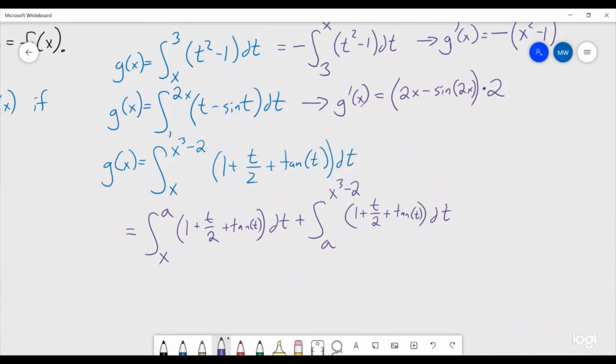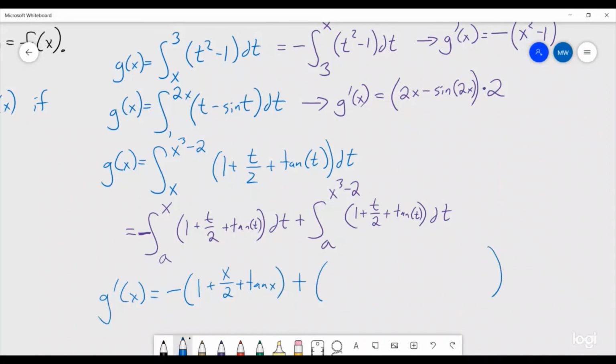The first one we have to flip and change the sign, so let's just do that real quick. So that's a to x, a big fat negative sign out front. So now they're both constant to a function. This first one we can just go directly, so let's go ahead and do that. So we got g prime of x is equal to negative 1 plus x over 2 plus tangent of x plus, and this next one we're going to have to use